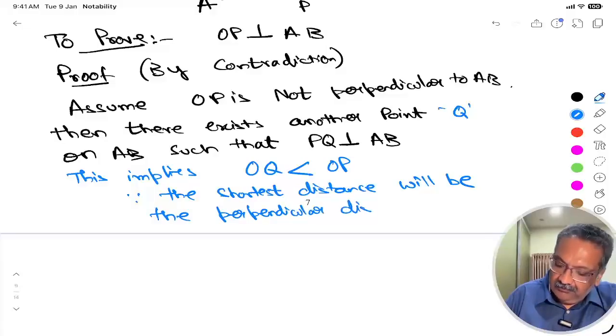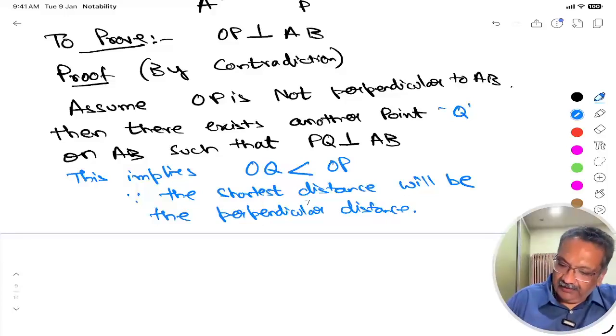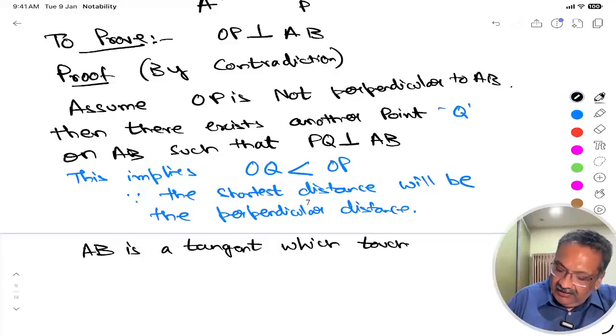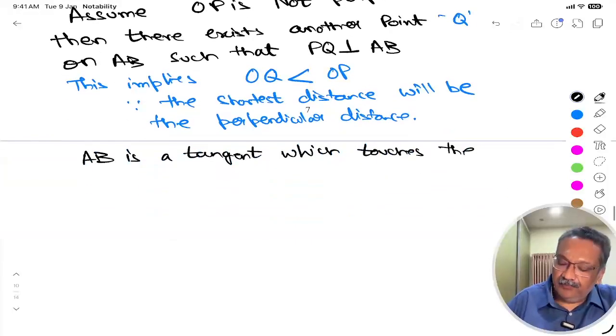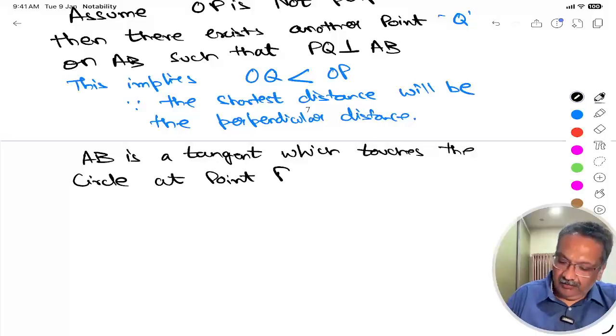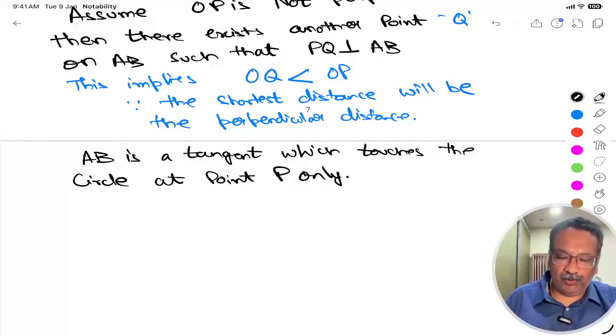Now we know that AB is a tangent. Which tangent? It touches the circle at point P only. A tangent touches the circle at only one point, correct? At point P. So therefore